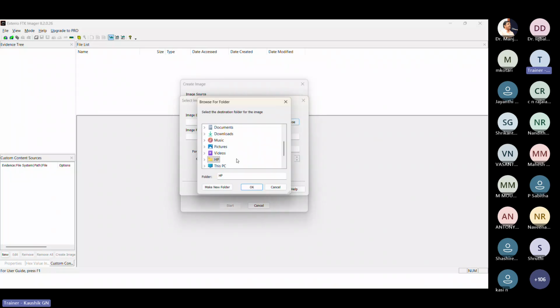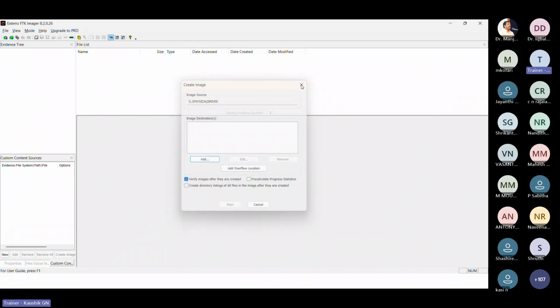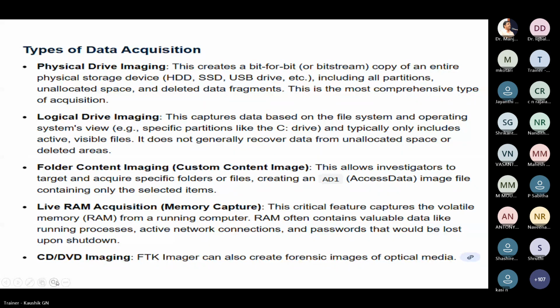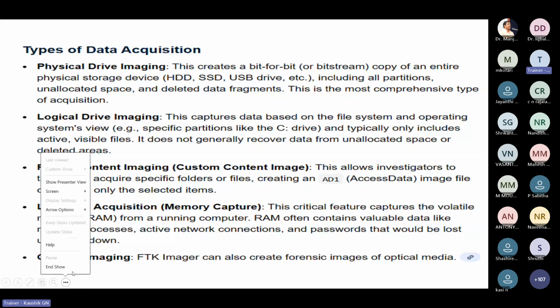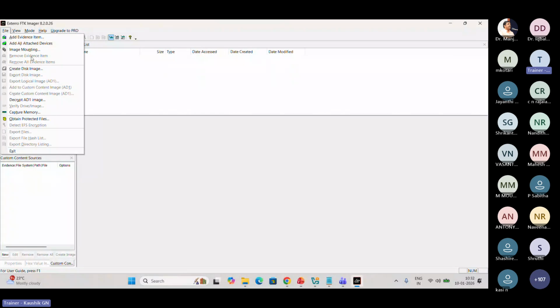Yes. So take E, D. Yeah. So why is this error coming? Because what I am basically doing is creating an image mounting.